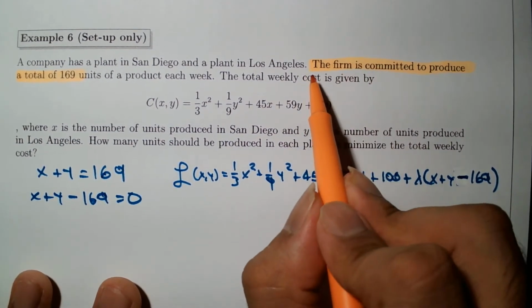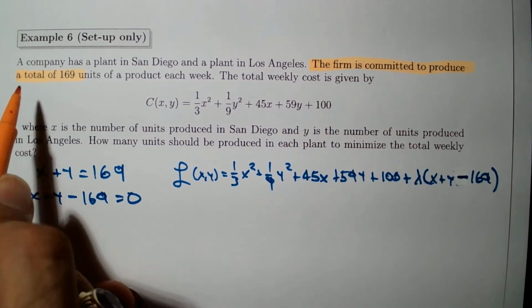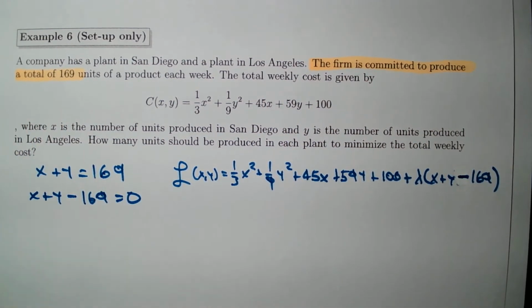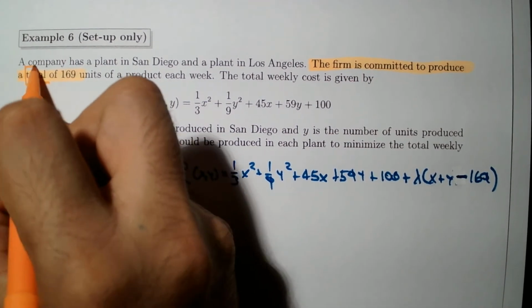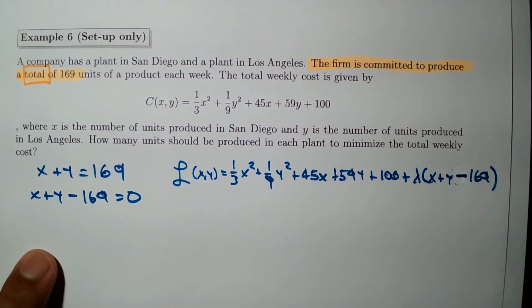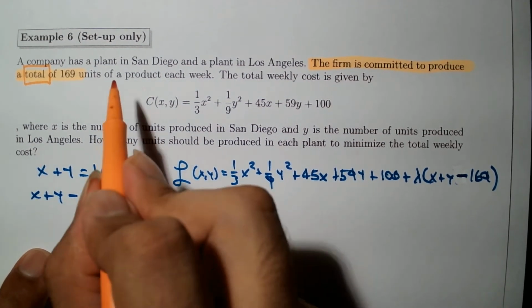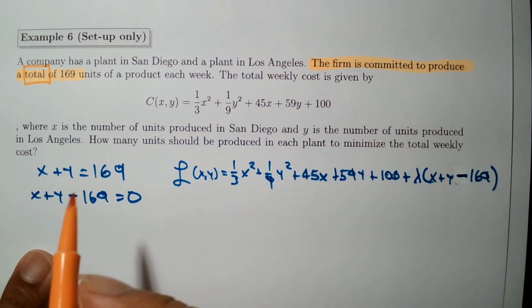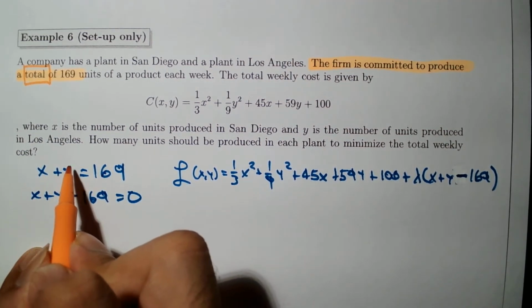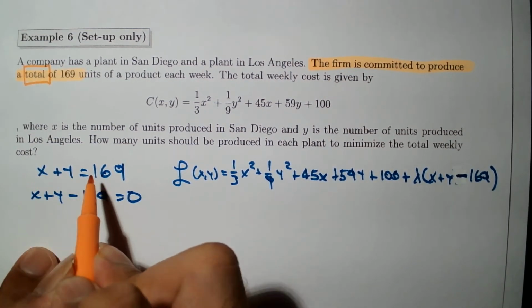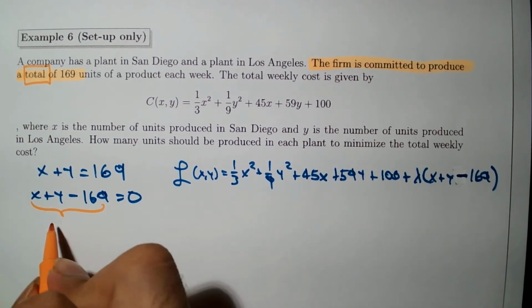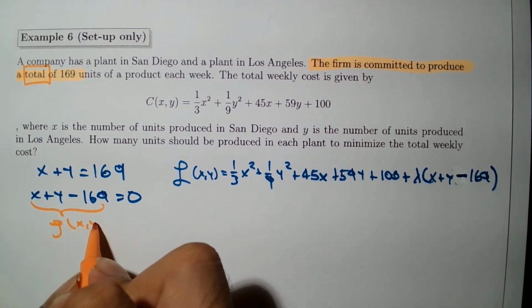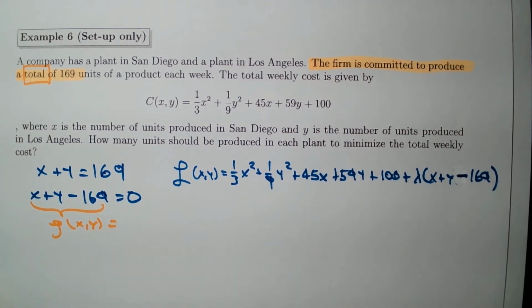From the sentence I highlighted, I'm going to obtain the constraint equation. One thing to keep in mind: the word total is going to tell us what operation to use. So the total from San Diego and LA, which is x and y respectively, add these two letters, x plus y, should equal 169. And writing this in terms of constraint, this will be